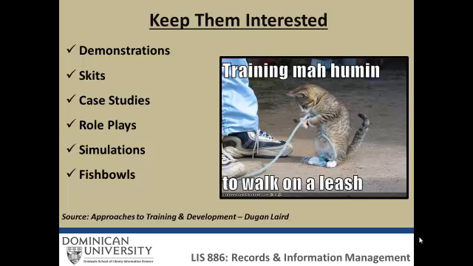Dugan Laird, in his epic training book, Approaches to Training and Development, outlines for us 100 different training techniques which trainers can use to keep a session alive and kicking. As you can see on the screen, these 7 approaches are just but a few of the possibilities for use in the RIM space. If you're training on an electronic records management system, for example, how about setting up a test system, which is sometimes known as a sandbox by the IT folk, and let the participants actually perform a